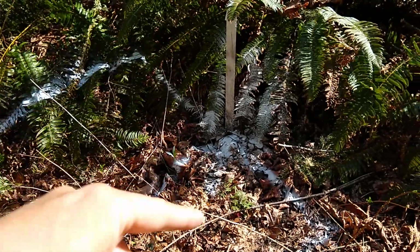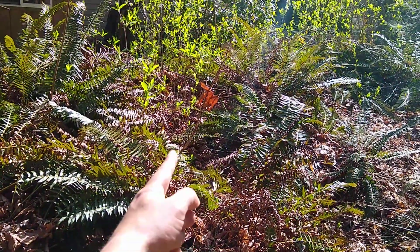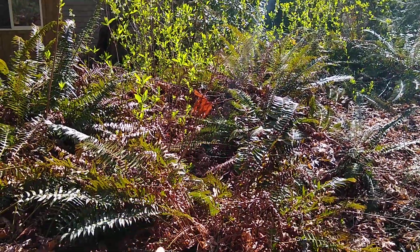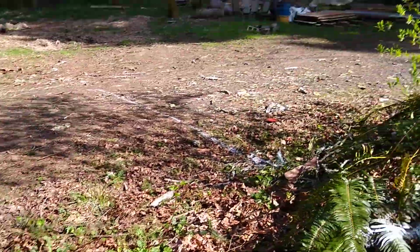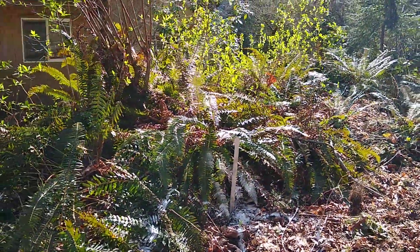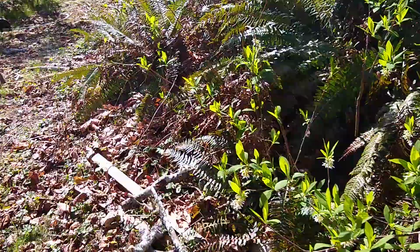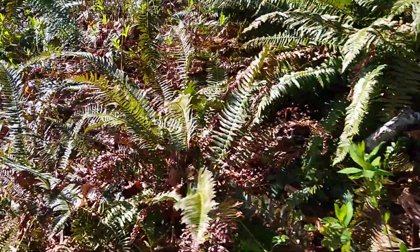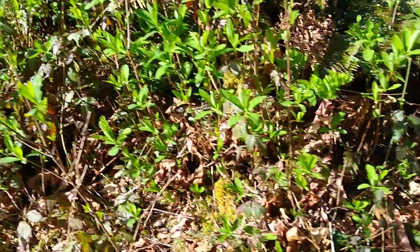So from here, I have another conduit that's going to go this way, right towards the corner of the house through this island right here. Okay, I'm going to dig that out. So right through there. It'll be quite deep at that point, but